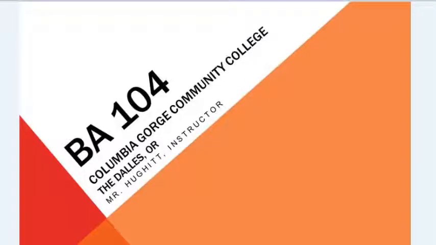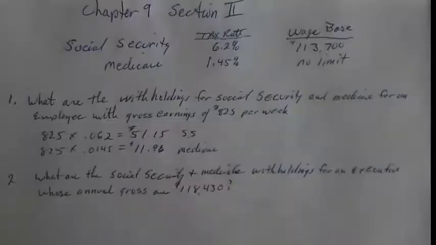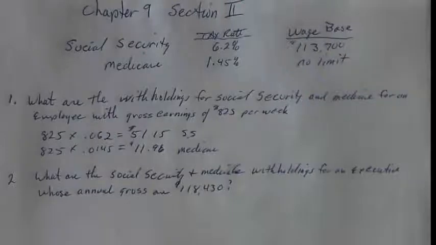Okay, this section goes along with Chapter 9, Section 2, looking at payroll deductions for Social Security and Medicare. Pretty straightforward, this unit. One of the things I'd like to caution you with, though, is that part of your assignment each unit is to read the chapters. There are 3 chapters in each unit, and the first thing before you do the assignment is always to read